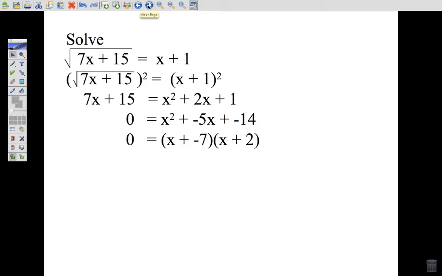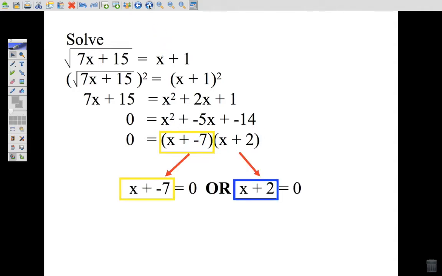Why did we factor it? Think back to 3rd grade when you first were learning your multiplication tables. The only way you can have a multiplication problem equal 0 is if one or the other factor is 0. In essence, I have two factors here. I have yellow box times blue box, and that's the reason why I factored it. I created a multiplication problem where either the yellow box has a value of 0 or the blue box has a value of 0. Then you solve each of the little mini equations